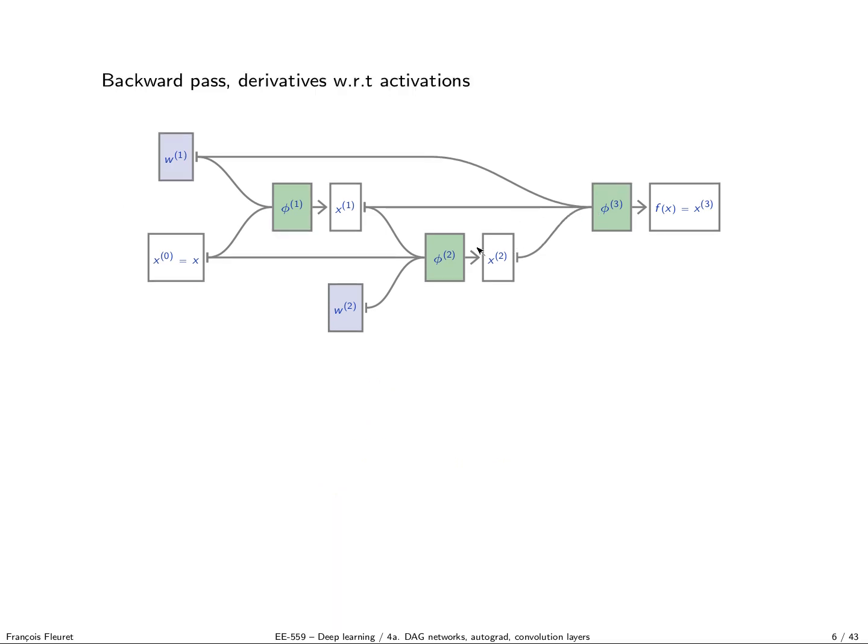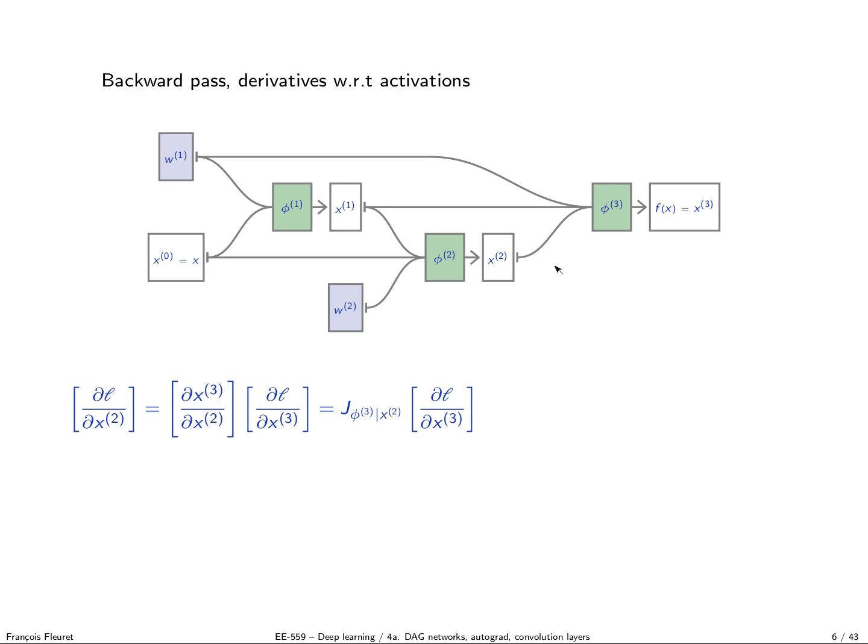And now we can do the backward pass, because we still have the chain rule with the Jacobian, which means that the gradient of the loss with respect to x2 is actually the Jacobian of x3 with respect to x2 multiplied by the gradient of the loss with respect to x3. This is because x2 influences the final loss only through x3. x2 influences what comes after the model only through this quantity. So the gradient of the loss with respect to this one depends only on the gradient of the loss with respect to that one.